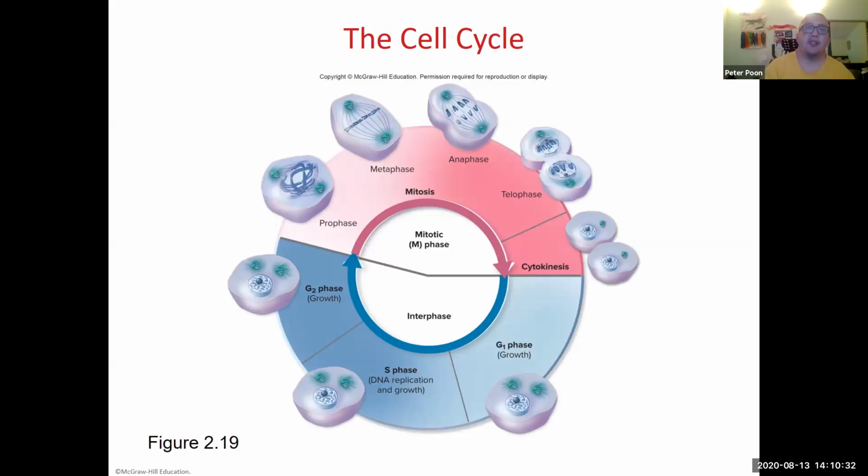Okay, so the cell cycle. This is a cell cycle, okay? If you go through this, one cell turns into two cells. So the cell cycle,